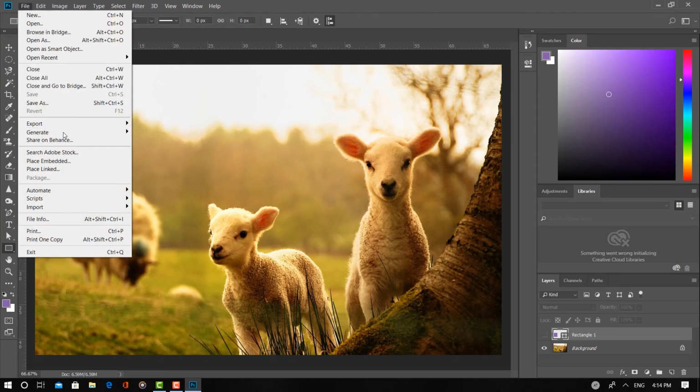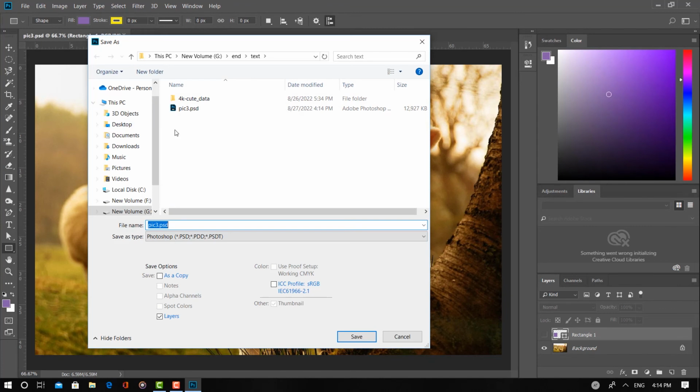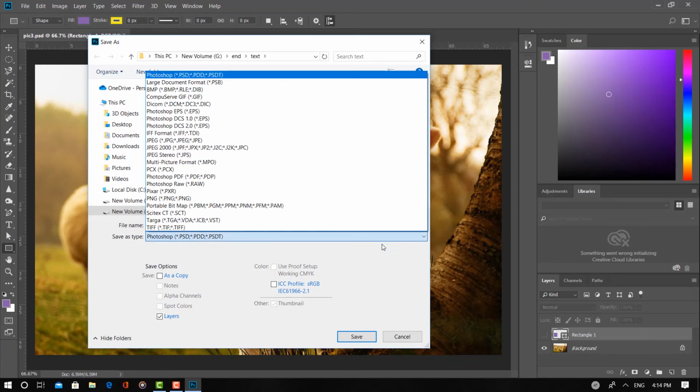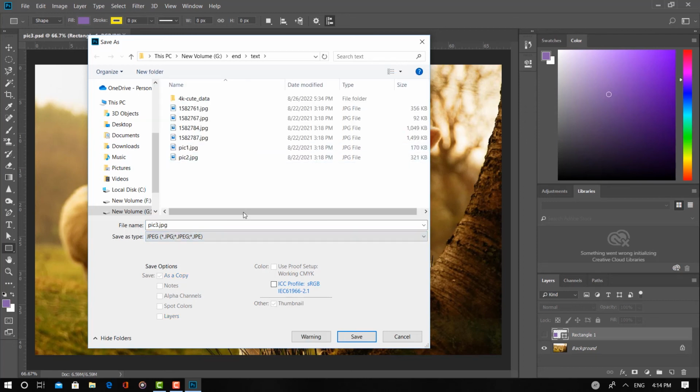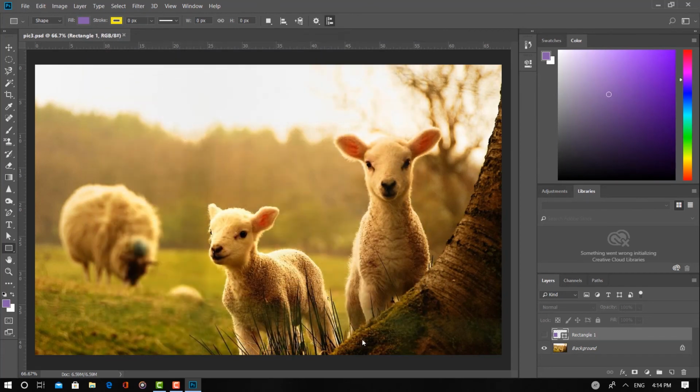And if I go to Save As, I can see pic tree saved as a PSD, not as a picture. For example, when I want to save it as a picture, what can I do? I come down, click on Save as type, and save it as a JPEG. If I click on this, I can see my photo is saved with this type. And if I click on Save,